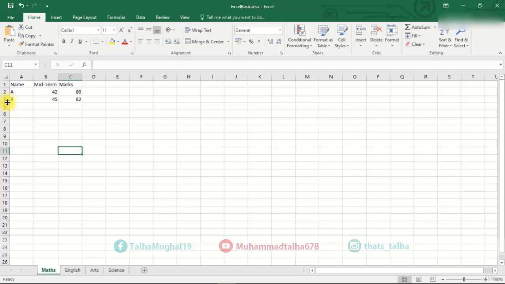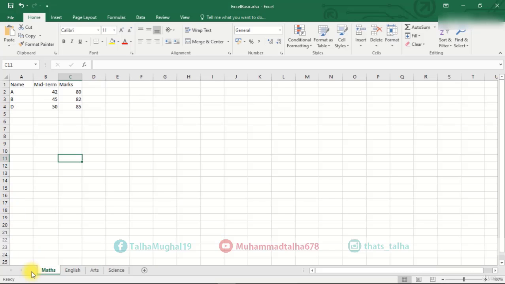We can adjust the height of the row by clicking and dragging this border. But if I move slightly down and the mouse icon looks like this, that is it has two lines, it means that you are trying to unhide a hidden row or a column. So here there is a hidden row. If you double click, it will unhide that row. Similarly, we can hide, unhide complete sheets.